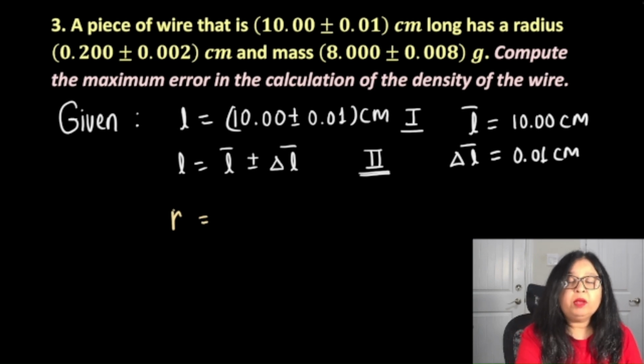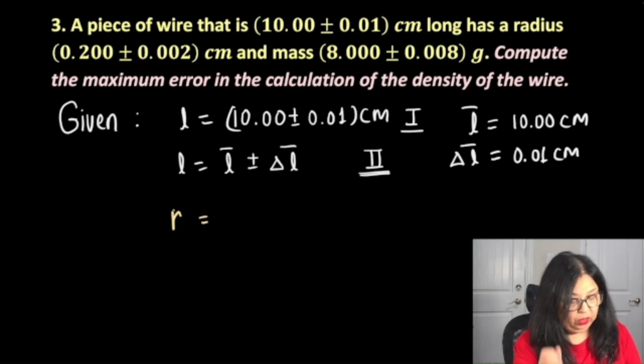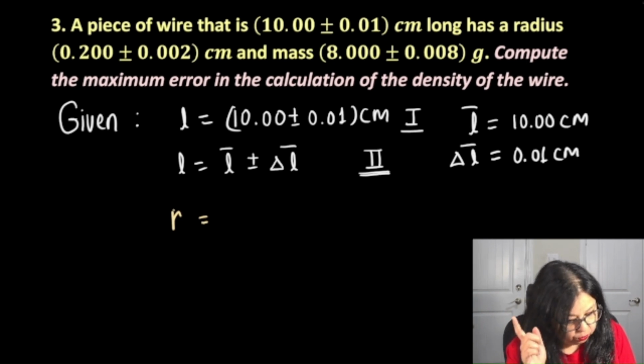In the last problem, I used the symbol uppercase R. I'm mixing and matching lowercase, uppercase, and the symbols just so you get used to using different symbols. In physics, you're going to see several symbols on the same page, and you need to get comfortable using those symbols, identifying them. Alright, so radius is equal to